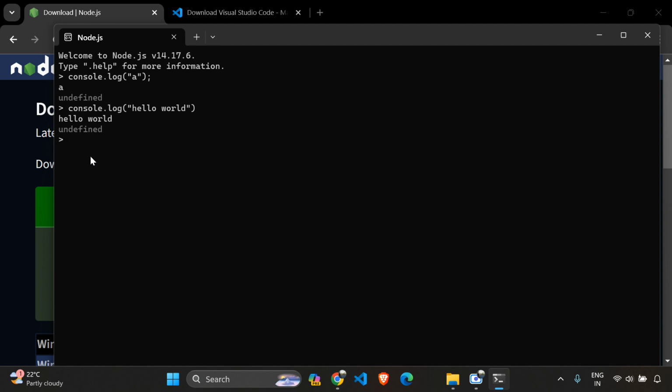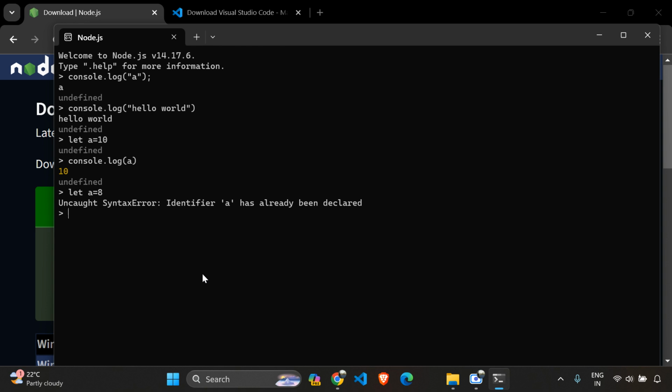Okay, and here what I will do after this one is I will say let a is equal to 10. Okay, I did it so, and after that I will say console.log a. Okay, I will display this particular a over here, and here you can see the same value has been obtained over here. Let me do it in this way: let a is equal to 8. Now you can see identifier a has already been declared.